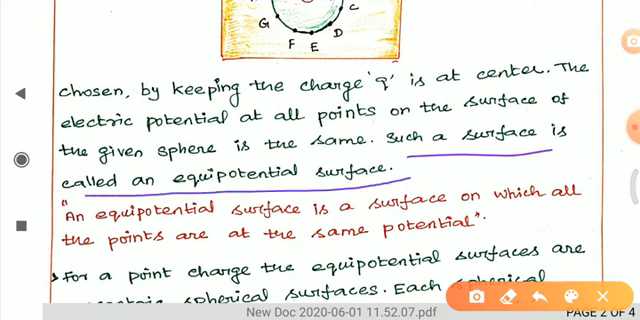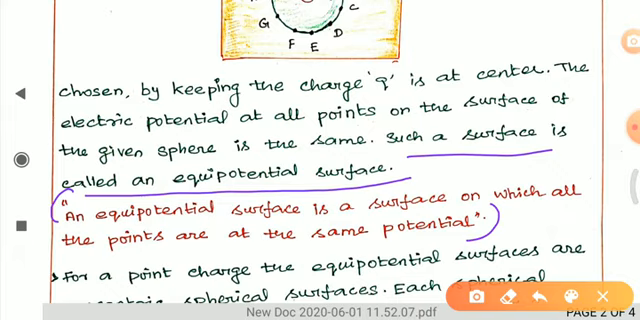Now you can raise one question: Sir, if it is asked in a 2 mark question, from which sentence to which sentence do I have to write? For that I have given it in red color. An equipotential surface is a surface on which all the points are at the same potential. The surface which contains the same potential at all points is known as an equipotential surface. If they ask a 2 mark question, this is enough, but